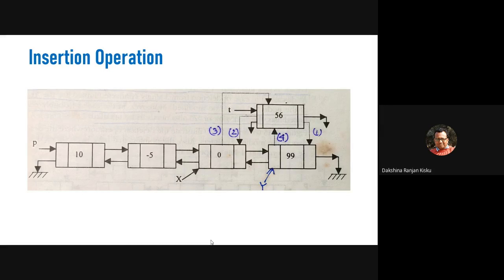Now this new node will be inserted in between x and y. So how will this insertion be made, and what are the link parts, or what are the pointers we need to update so that we can insert the new node in between these two nodes,